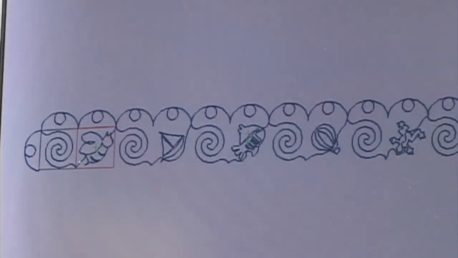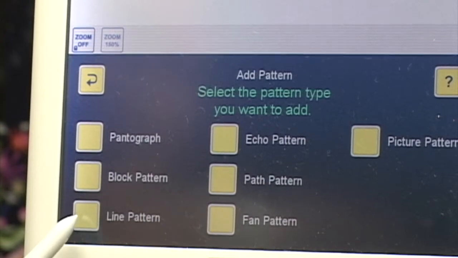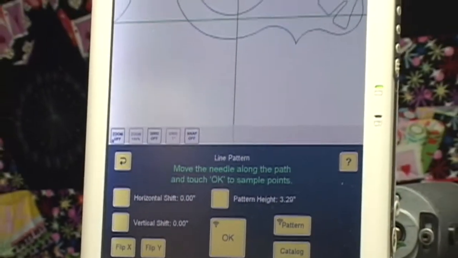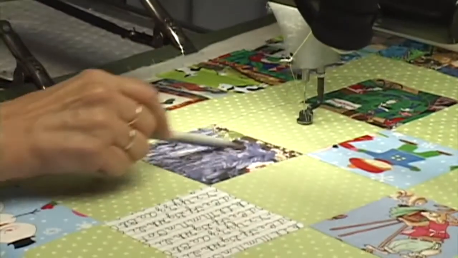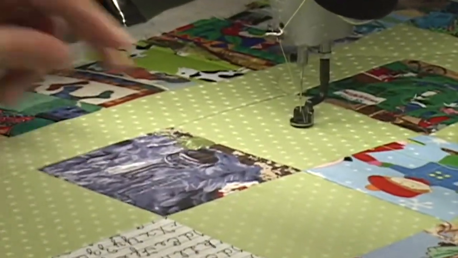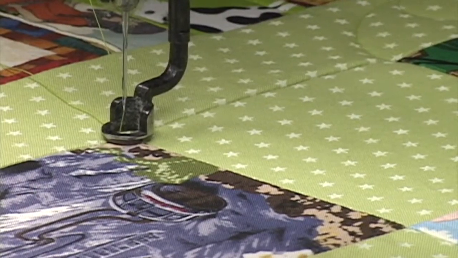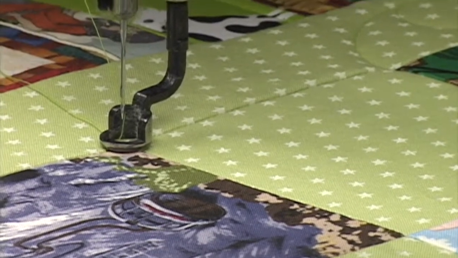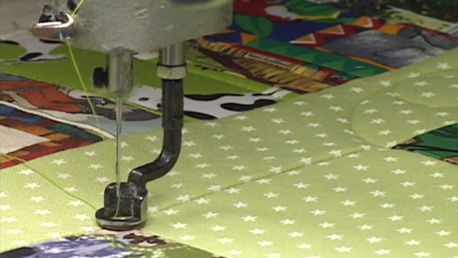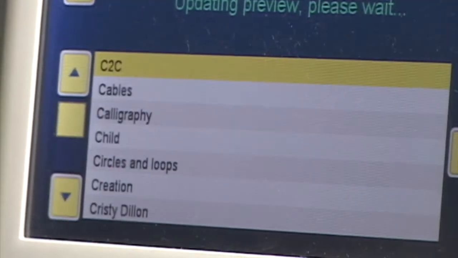using line pattern. So I'm going to go add edit pattern, add pattern, line pattern, and now I'm going to move my machine over to the start of the next row. Now my first square here is plain, so I want to put a little picture in there. So I'm going to come down to this lower left corner, my needle's over the lower left corner, and I'm going to hit OK. Now I'm going to hit this button that says catalogue, and I'm going to find a design to put in